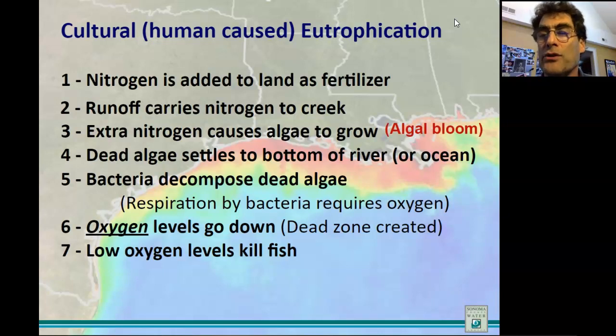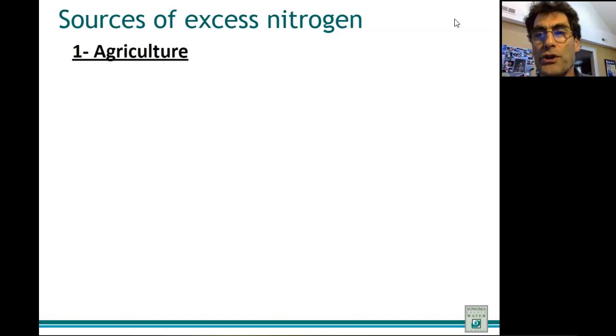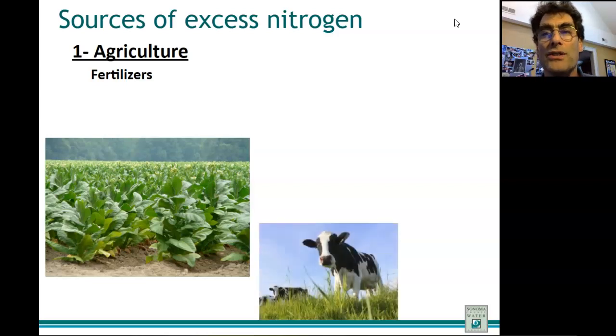And we got the algal bloom. We know that it's called algal blooms. So what are the sources? This is the last thing we want to talk about: the sources of excess nitrogen. All right. So we know from agriculture, this is good old tobacco, and fertilizer is the major source of excess nitrogen from agriculture. A major source. That's NO3 minus, right? But also animal waste, right? Animal waste from cows, and in North Carolina, especially pig farms, a lot of nitrogen in the waste.